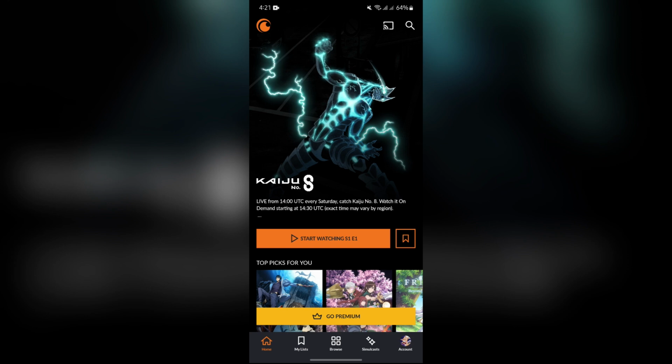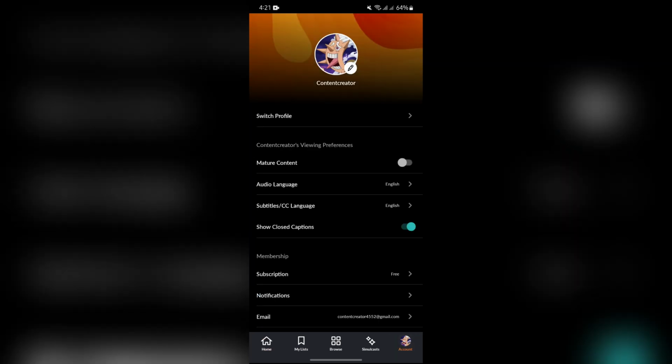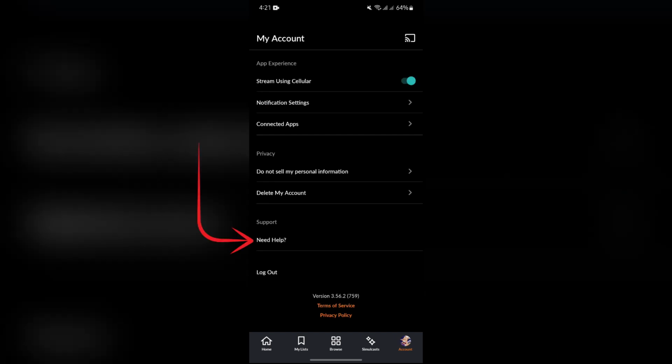In order to access those, just simply open your Crunchyroll application, and after opening the Crunchyroll application, just simply click into this account section at the bottom right corner, and from there you will see a lot of options. Among them, you just simply have to choose need help in the support section. After scrolling all the way to the bottom, just simply click into that option and it will lead you to